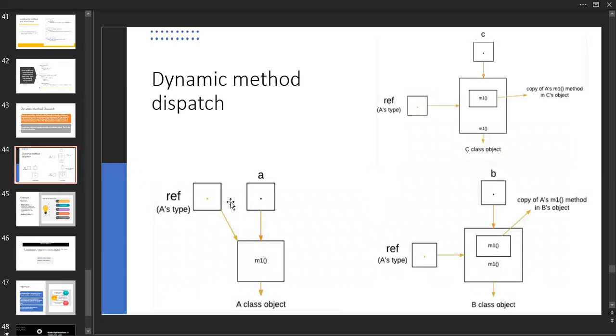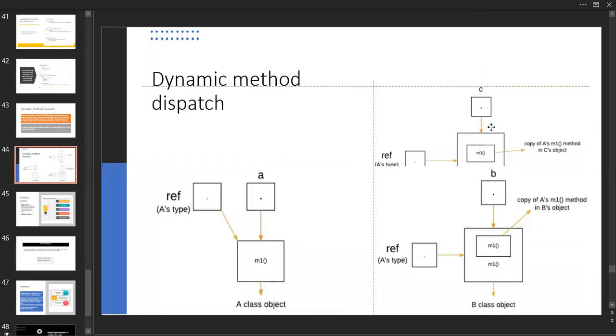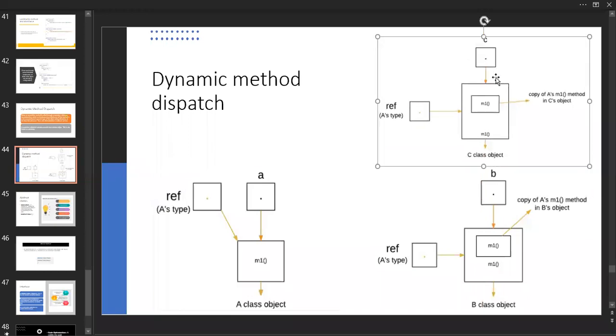This is how we created a program inside an application. Here, class A, which we call a superclass, consists of a method M1, and inside class B, we have one more method M1. And in class C, we have the same method M1.